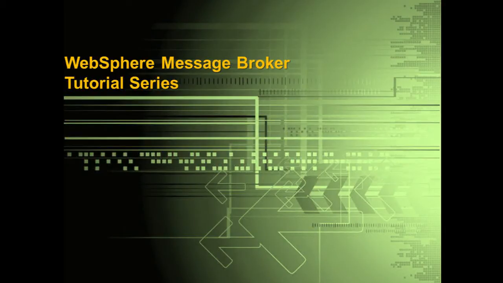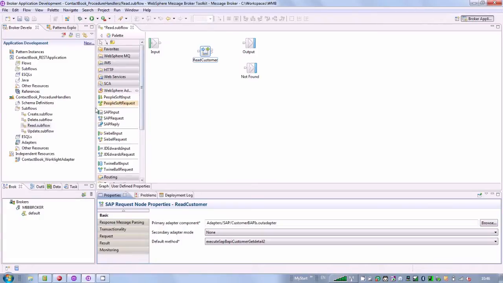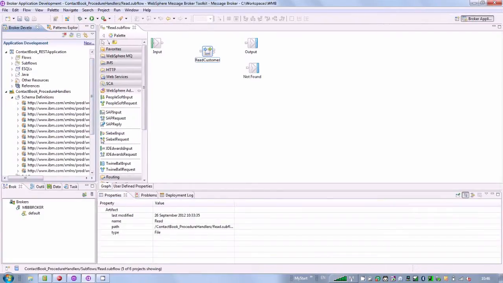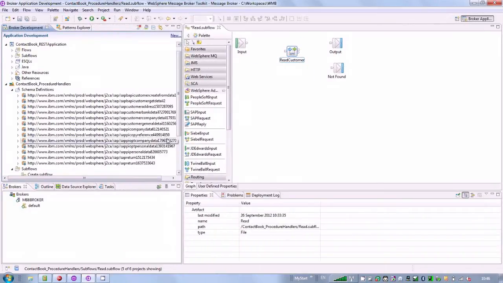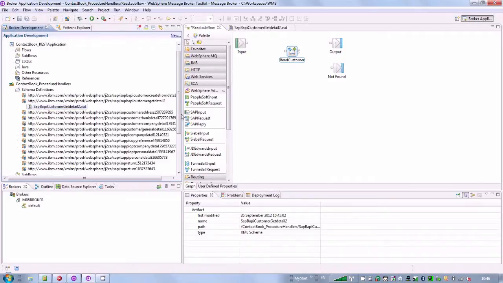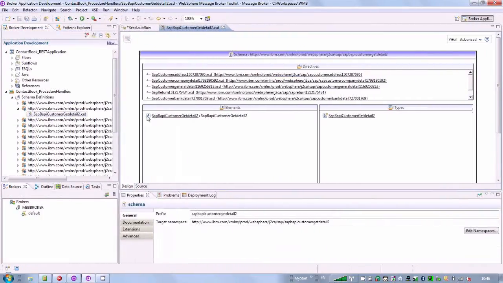Welcome to part 2 of this WebSphere Message Broker tutorial. Continuing from where we left off, we now move into the Broker Development panel on the left hand side. Under Contact Book Procedure Handlers, there will be a Schema Definitions folder. If we click through this and then select the second option down, we can find the data model for Get